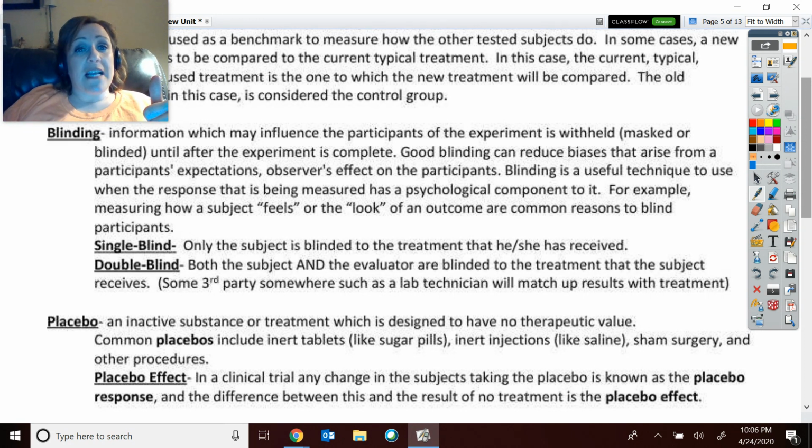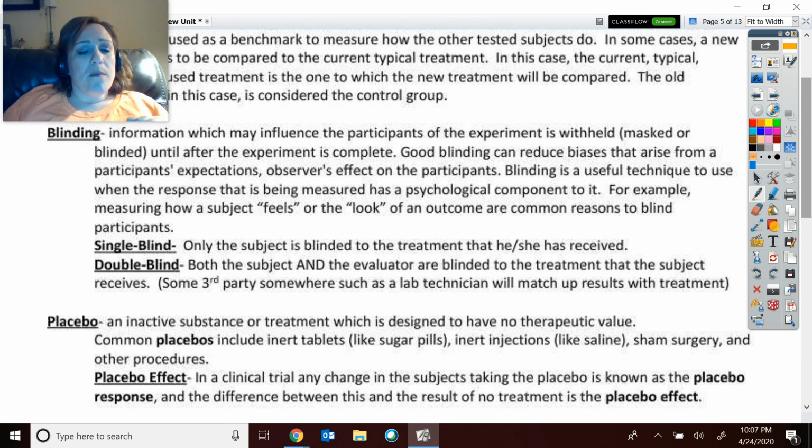Okay. Of course, psychological things like how you feel, how you look, if you think your hair is doing better with a particular shampoo, or you feel better with a particular medicine. Okay, all of those things for sure. But even with some things such as measuring your cholesterol levels, if you're in this study, then you might change the behaviors of what you eat, how you exercise, other things that might affect that cholesterol other than the medicine itself. So again, in that case, we might want to hide from the patient which treatment that person is